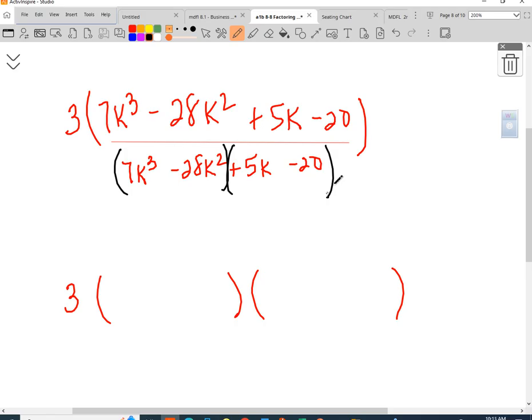What's it say? No, of those groups. Read the words to me. Number 2 says pull out a GCF of each group. That's what you should have in that blank. So we're looking at the first group. What is the greatest common factor of 7k cubed and 28k